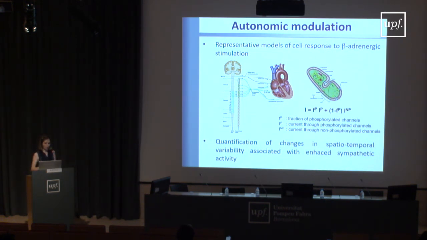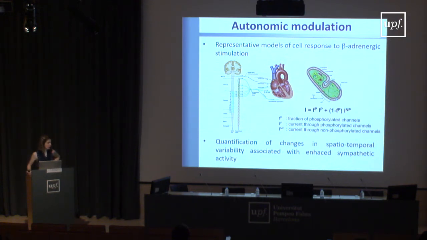We should now have a method to characterize the electrophysiology of different cells and, eventually, tissues when we couple the cells together. But what about the autonomic modulation? Is it important to consider the autonomic modulation of the electrical activity of the heart? Well, it is important, but particularly when we are investigating aging, it is very important because it is well known that one of the effects of aging is to alter the autonomic response.